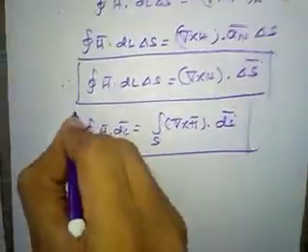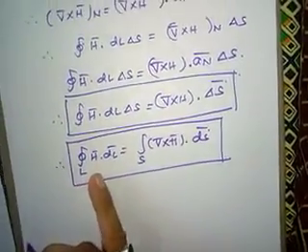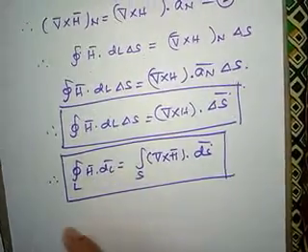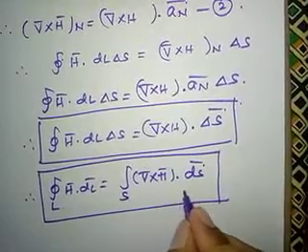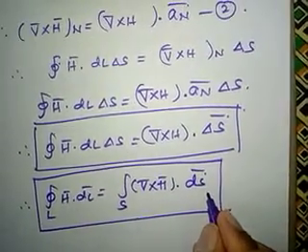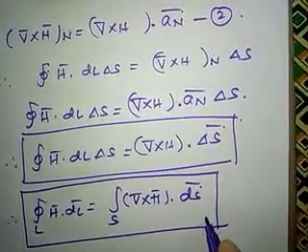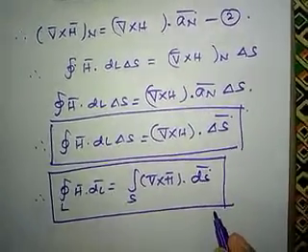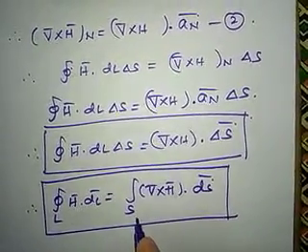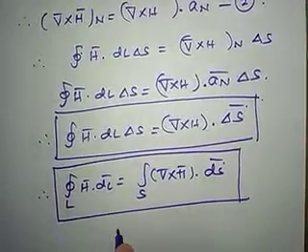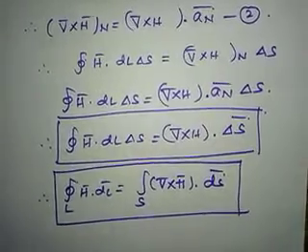So what it means is that the line integral of the magnetic field intensity around the closed outer boundary is equal to the surface integral of the curl of h over the surface. This is the proof of Stokes theorem. The line integral is expressed in terms of the surface integral, hence we have proved Stokes theorem. This is one of the important theorems, and many times it has been repeated in the examination.